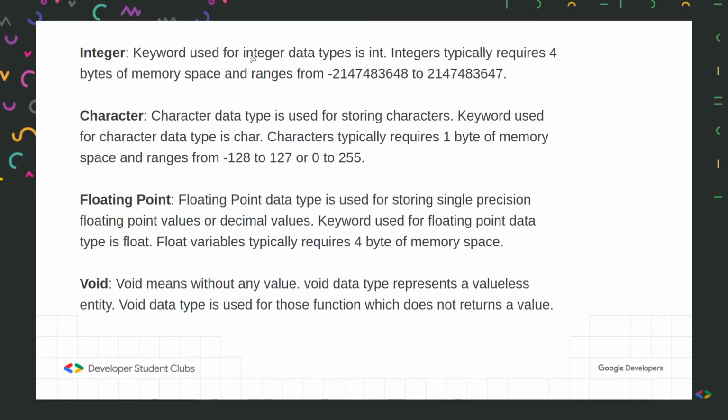So what is an integer? We used an integer variable just now. It is just a keyword which says that the data we are storing can be from the range this to this. This is basically int min and int max, and we'll see this. So basically, this is just theory. It talks about what integers are, what characters are.